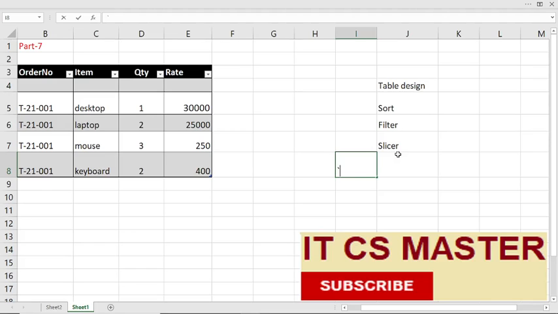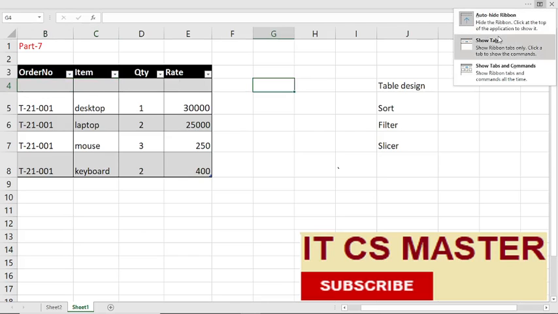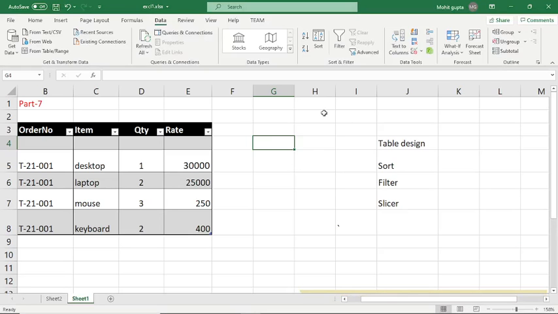So first is table design. What is table design? Here you can see, I'm just enabling the ribbon bar. You can see the ribbon bar, and there is no menu with the name of design.